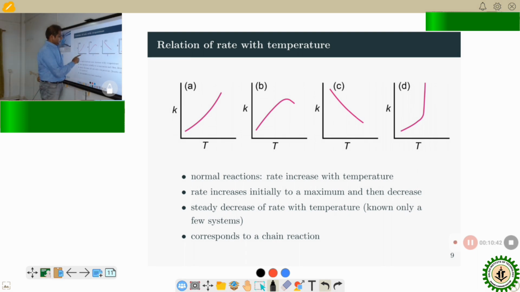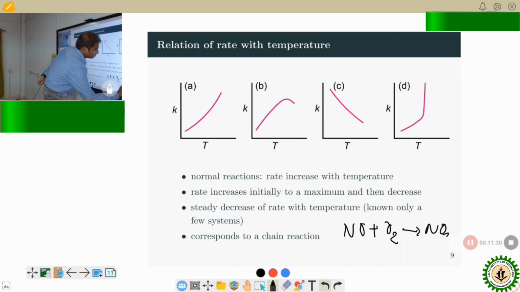In this one, on increase of temperature, the rate constant is increasing, or the rate of reaction is increasing. This is very normal. Most of the reactions show this type of behavior. In this case, initially the rate increases and then saturates and then decreases. So this is another type of observation. And in another case, with increase in temperature, the rate decreases. These two are actual reactions known, but very few. One of the reactions for this kind of behavior is found in NO2, NO plus O2